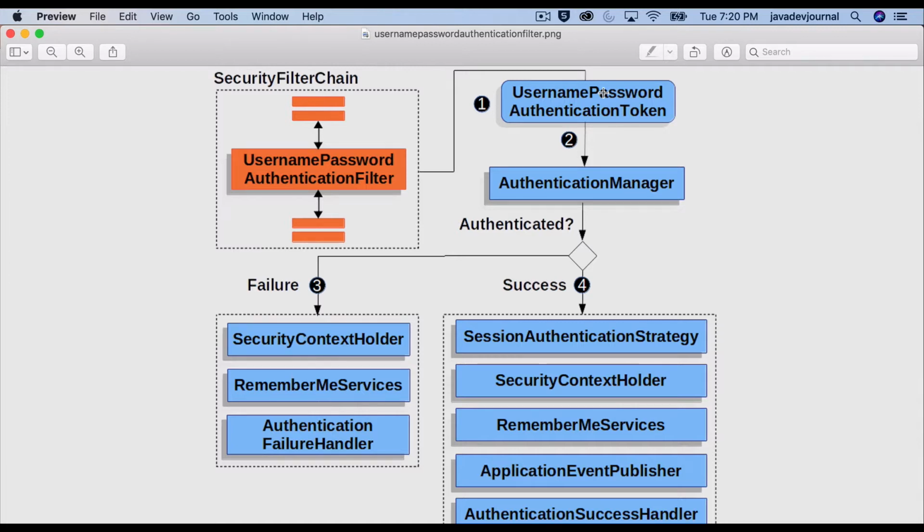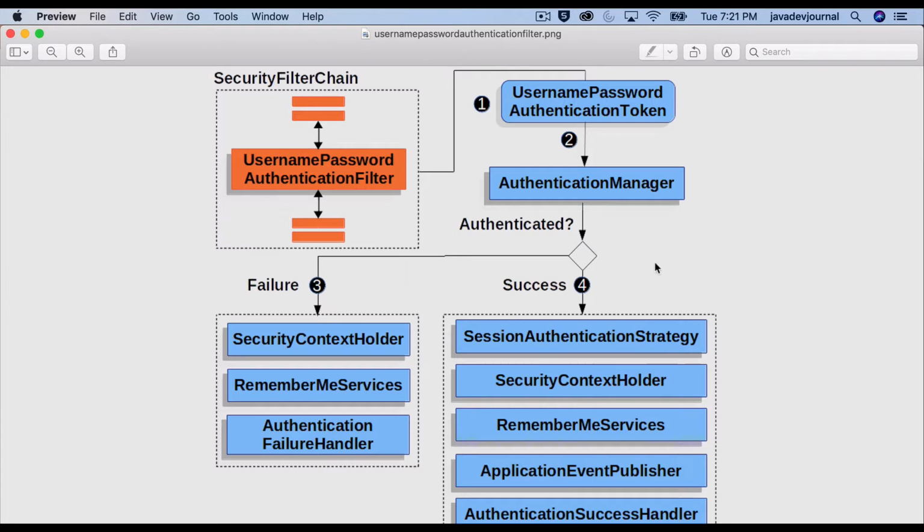Now there can be two results out of the authentication process. Either you are authenticated, you have a valid username and password, or you are not authenticated, right? In both scenarios, there is a certain post process which Spring Security will do for you.